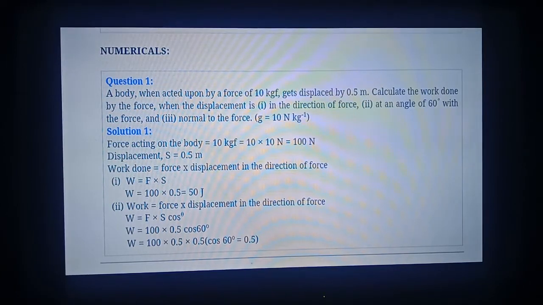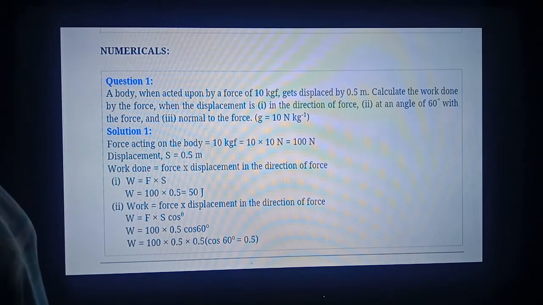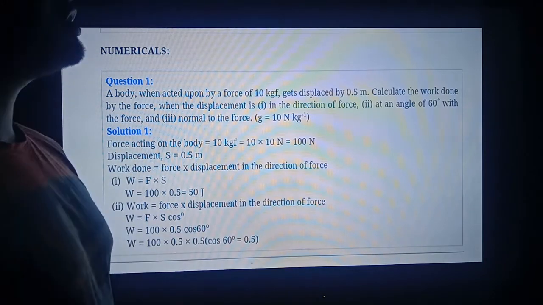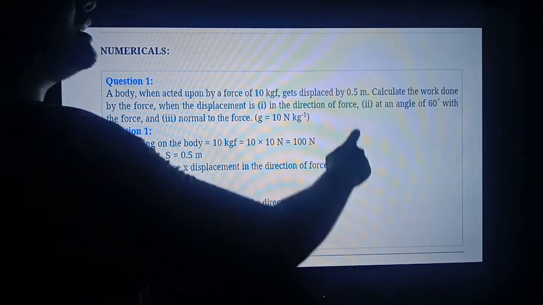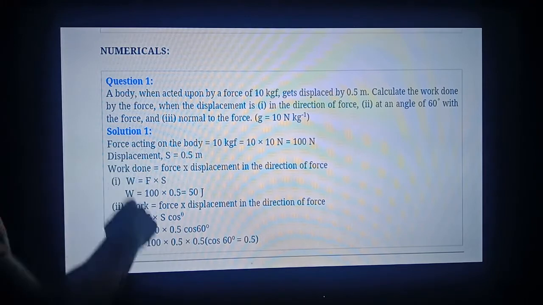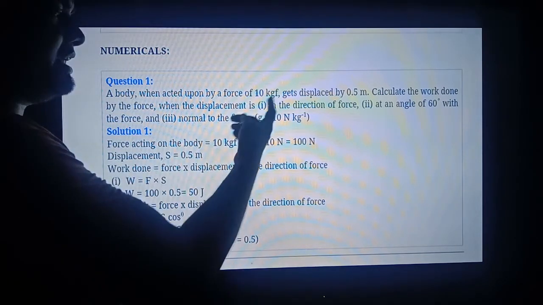Class 10th, we will study the numerical problems on work, power and energy. So let's see the first numerical. A body when acted upon by a force of 10 kgf, this is F, gets displaced by 0.5 meter, it is distance D or S. Calculate the work done by the force, means W you have to calculate, when the displacement is: